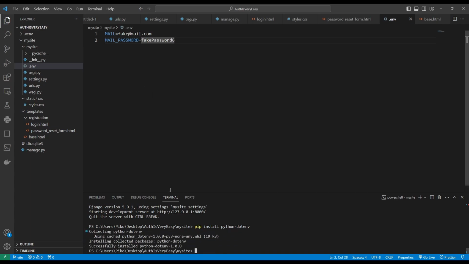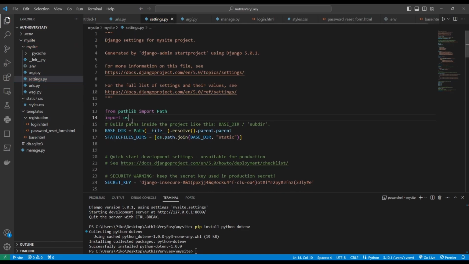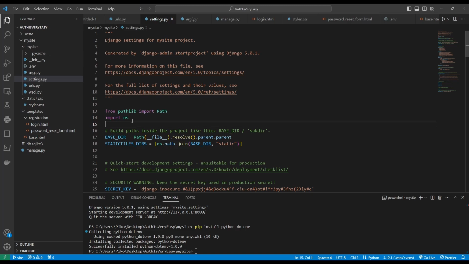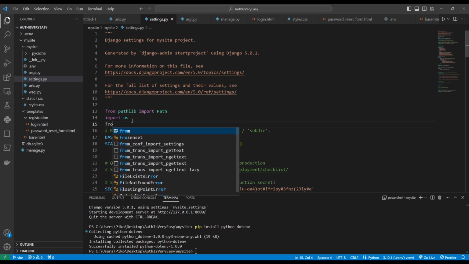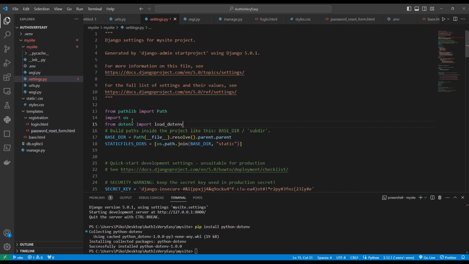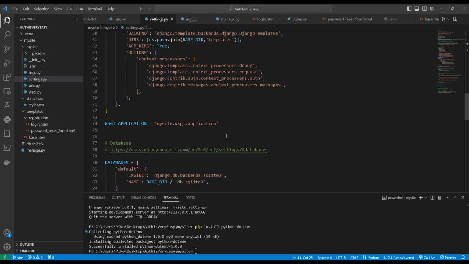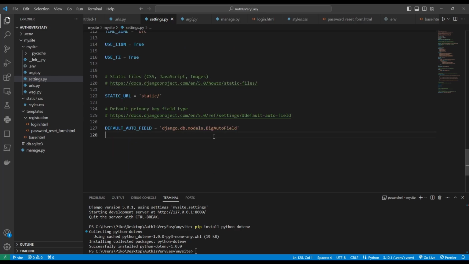All right, and once it's installed, let's go to our settings.py and then we want to import load_dotenv. So from dotenv import load_dotenv. Then we want to call load_dotenv and let's scroll all the way down and declare a variable and call it